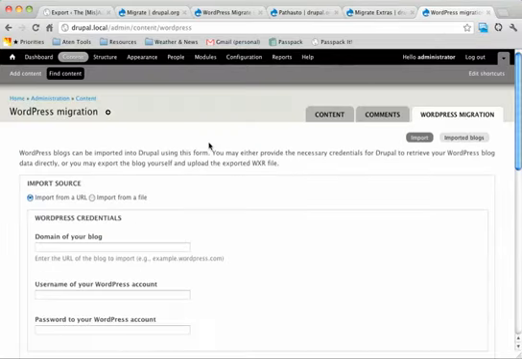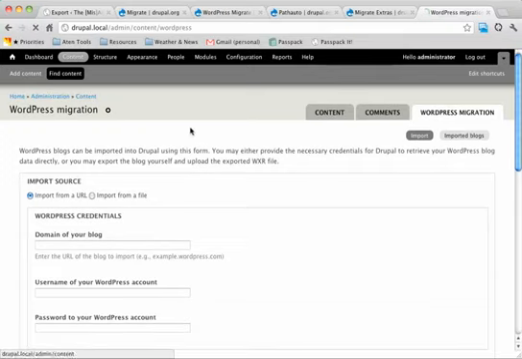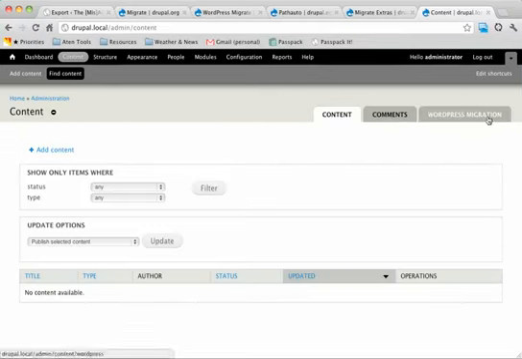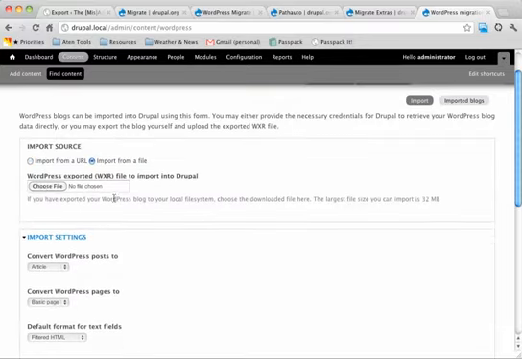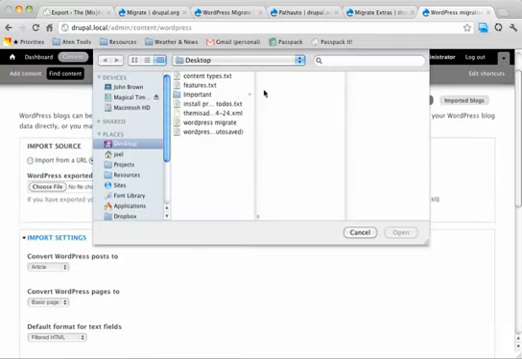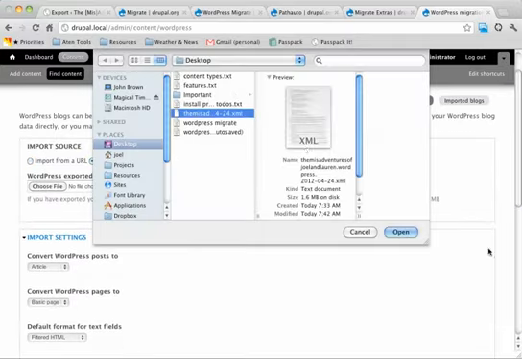Great, so I'm at my Drupal 7 install. I've installed those modules we've talked about. I've clicked on Find Content and then the WordPress Migration tab, and we're ready to import our file. So we'll just navigate and find our exported XML file,